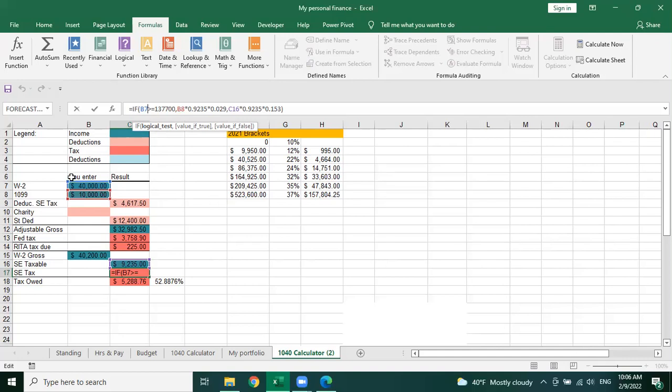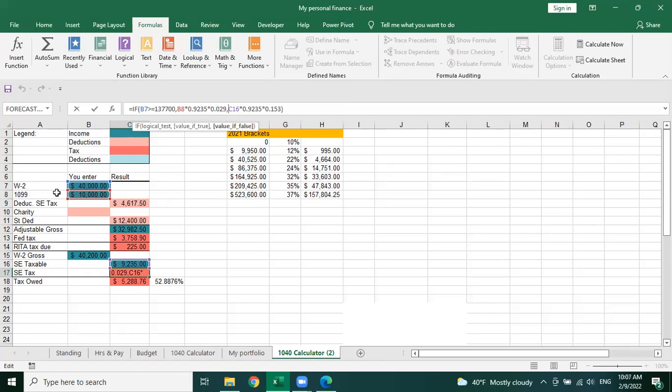So now we're asking again, if our W-2 is greater than or equal to the max taxable, then we're only paying the Medicare tax percentage on the 92% of our 1099. If not, if there's something left taxable,